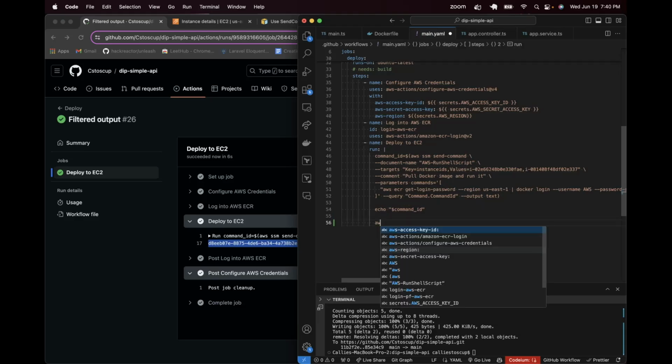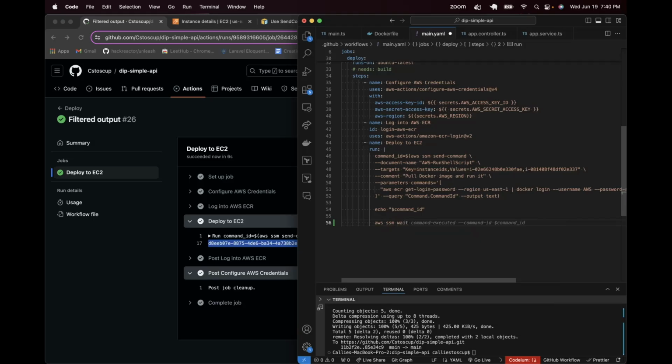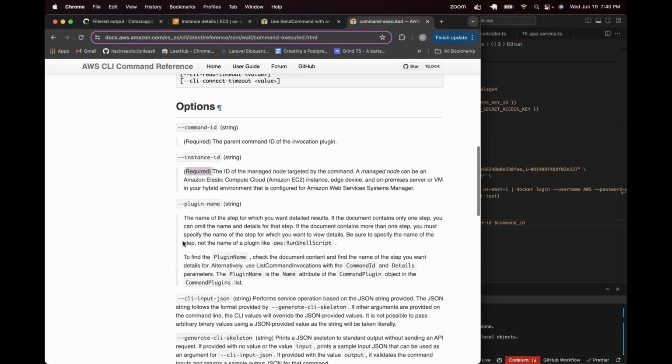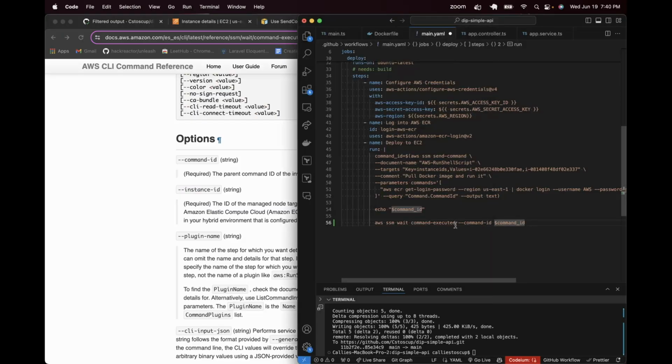So instead, we are going to say aws ssm wait. All right, yep, command-executed --command-id. That looks good, except I'm pretty sure we need an instance ID as well. Okay, so we are going to do our little backslash there. Command ID is going to be equal to command ID, and then we're going to do --instance-id is going to be equal to,